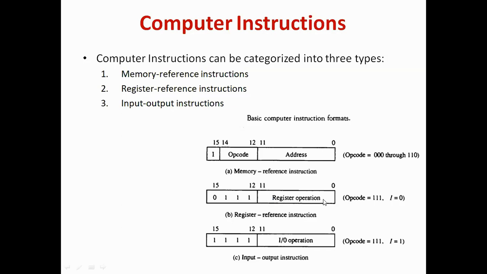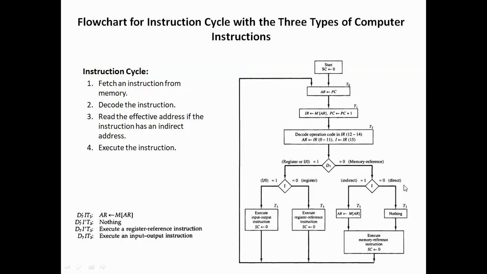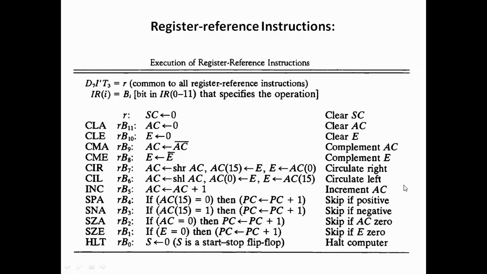And how many combinations can be in such a way? There can be 12. So the first instruction will be 1 followed by 11 zeros. The second will be 0 1 followed by 10 zeros, and like that. There will be in total 12 instructions. So these will be the 12 instructions. So for the first instruction,